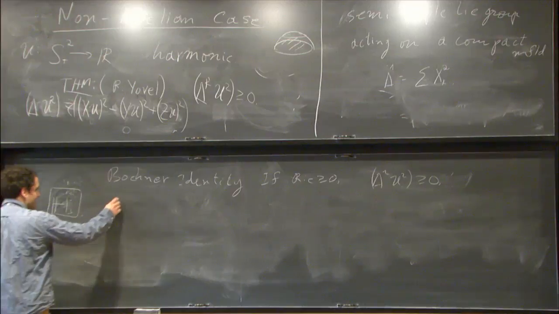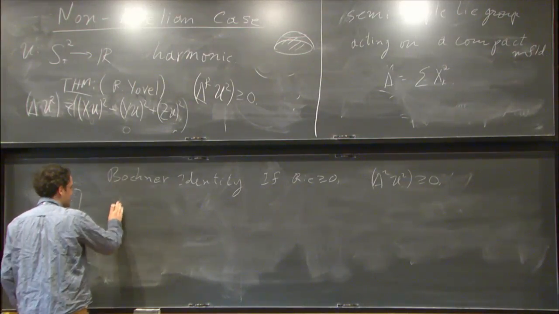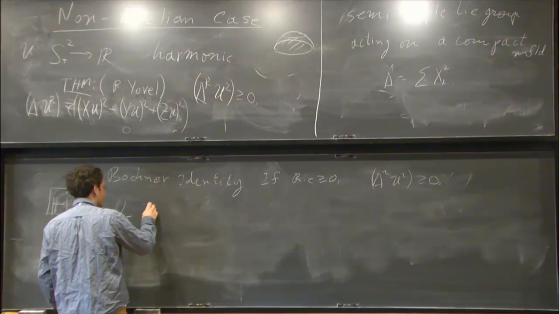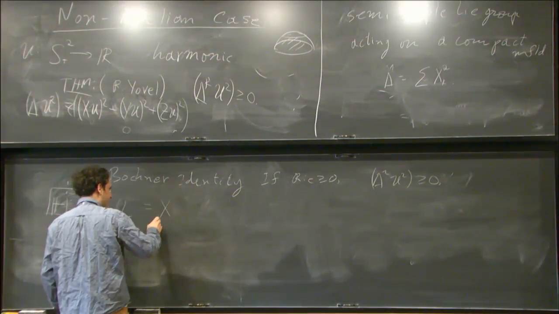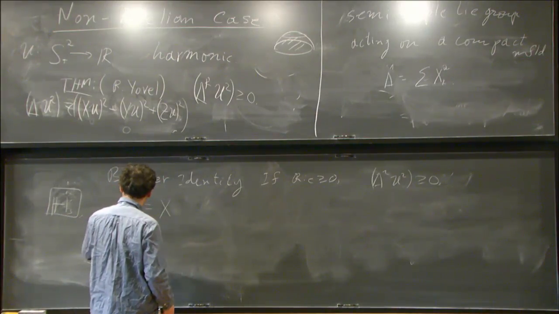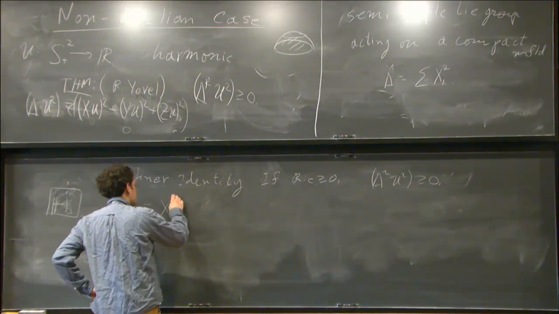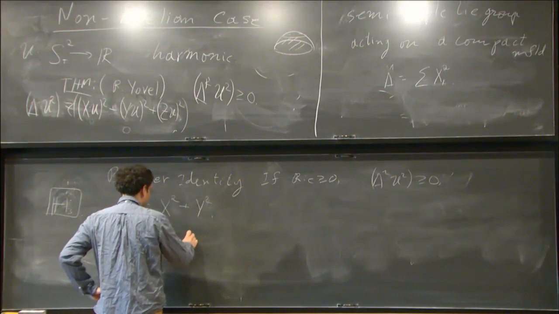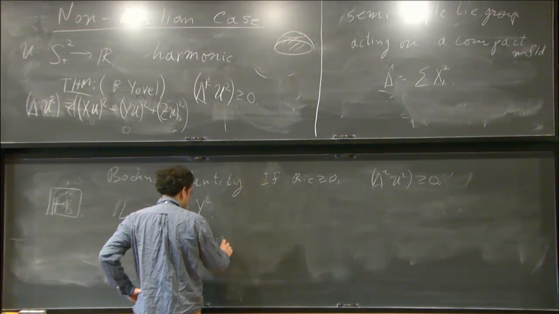What is the Laplacian in this case? We know that we don't have a Casimir operator like in the semi-simple case, but it seems that the natural operator to take is X squared plus Y squared, where X and Y are left invariant